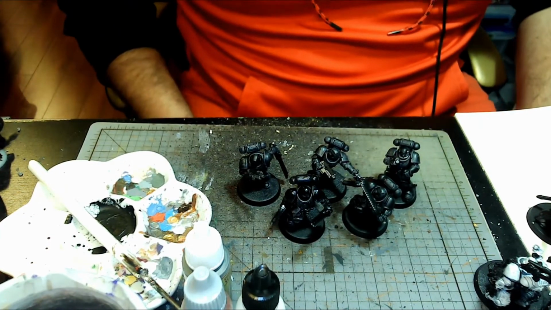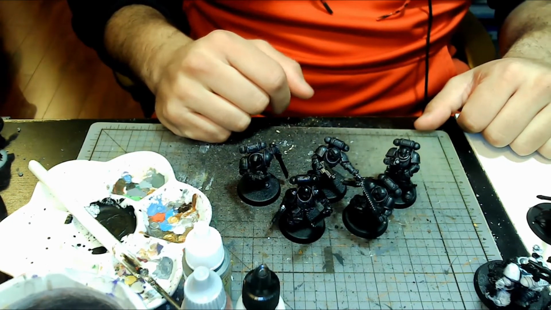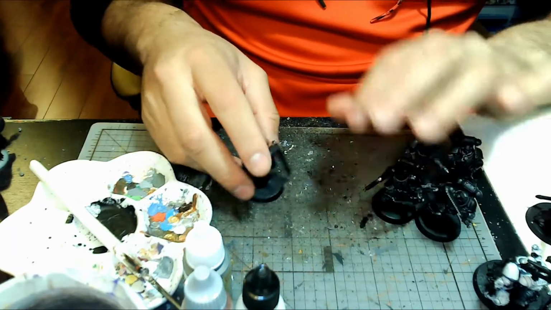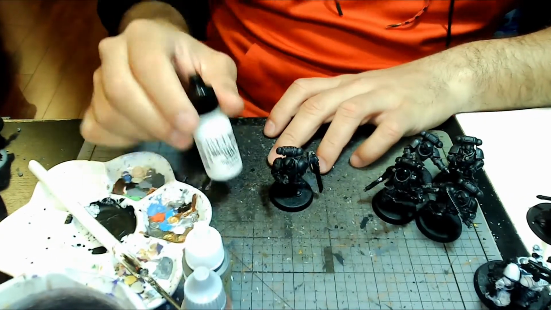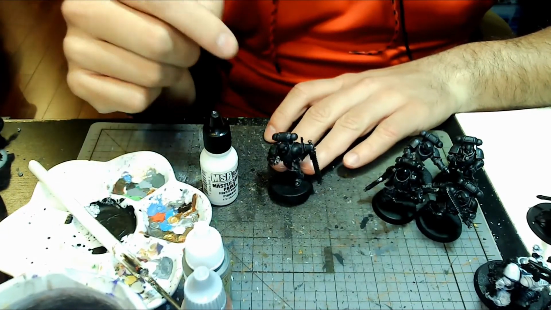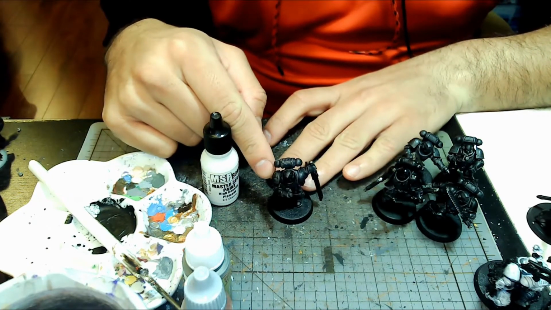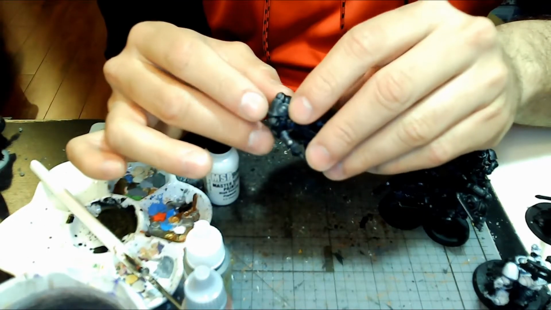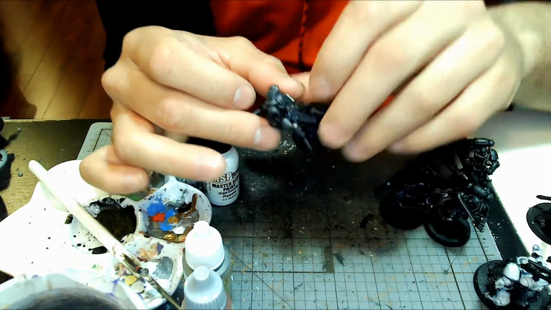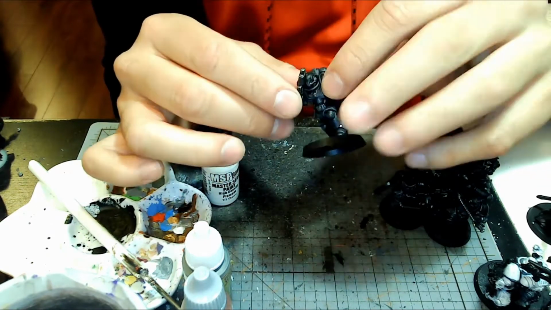Okay, so our previous work is all dry by now, and now we're going to dig into some of the more major details on these guys. So what that's going to look like is first, we're going to bust out the white, and that is going to fill in the main chunk of the shoulder pads, and the circular plate on the back of the backpacks, I believe, yes, and then